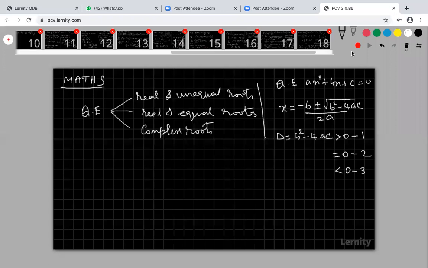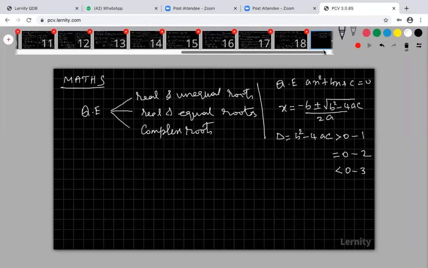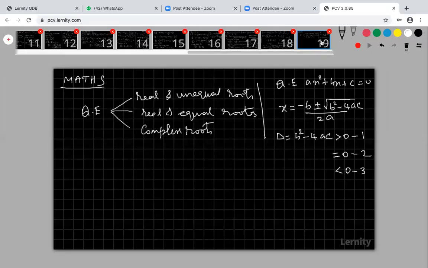This is very simple. If the quadratic equation is given, you find the coefficients a, b, c and apply them in this formula. Since b square minus 4ac is negative, we take the root of minus 1 as i and simplify. Your roots will be in the form of complex numbers, so that is called complex roots. We discussed this in our previous class. Today we will discuss some miscellaneous problems. Once we finish them, we'll go to the next chapter.